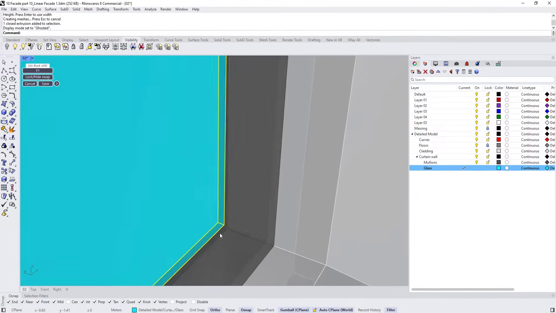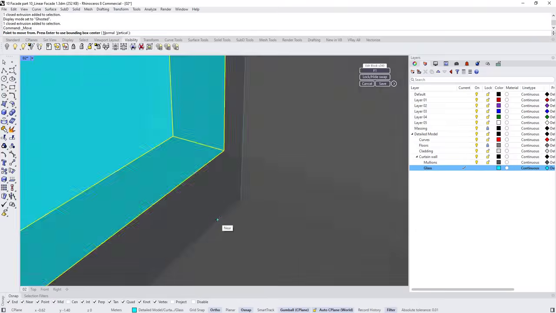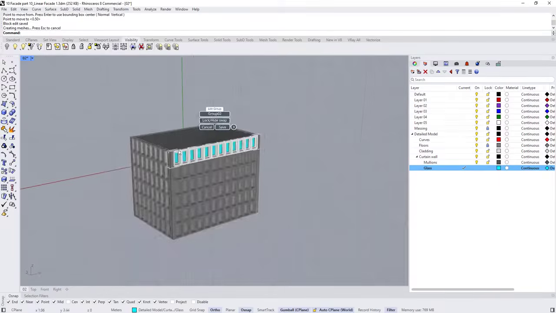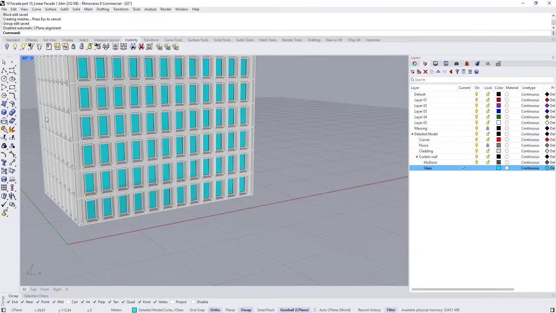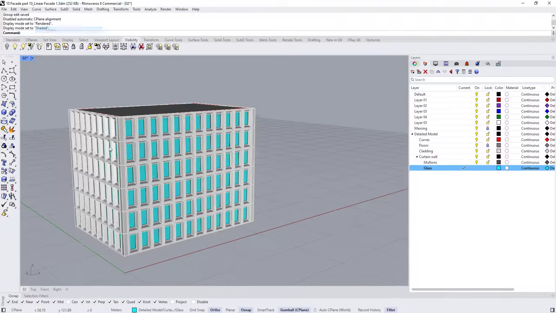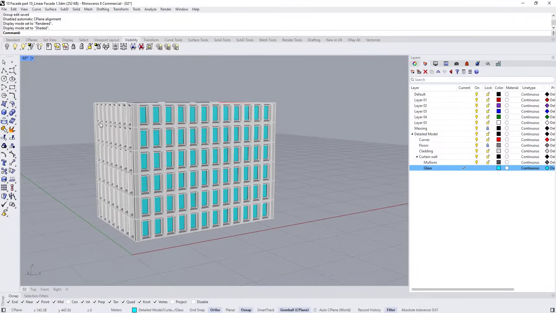Let's switch to ghost mode. Come here, choose move, snap to the middle, and move it here. Press OK. Let's close AutoCAD plane. So now we have our module, but of course the design doesn't look that good because it is one element